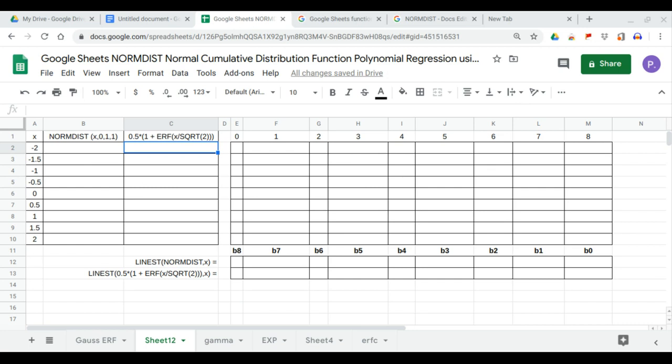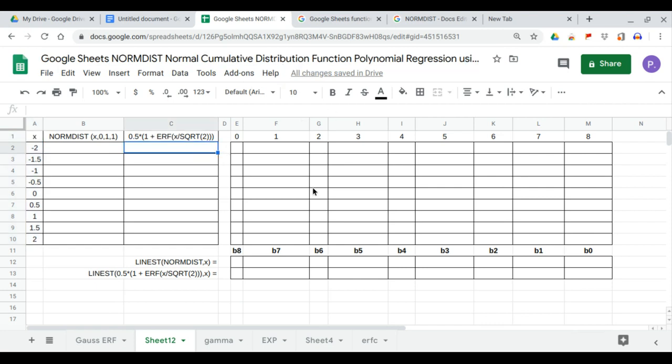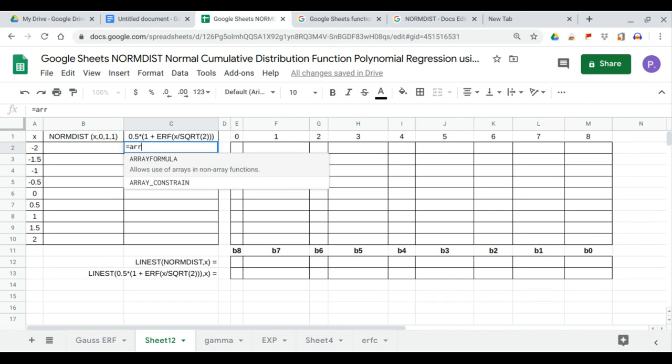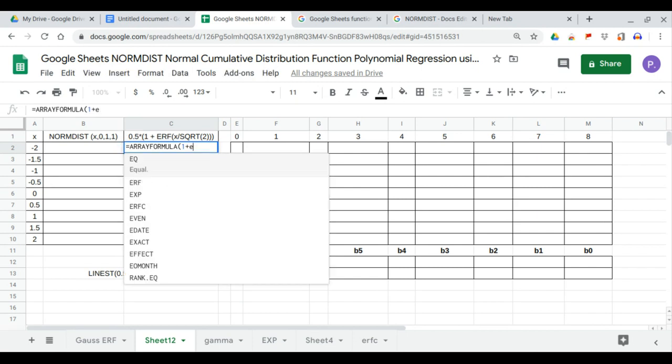So in this video, we will generate the dataset of a normal cumulative distribution function using ERF and NORMDIST. Now, we will use ERF for this in the first part. So this is equal to a formula of 1 plus ERF. We start with ERF